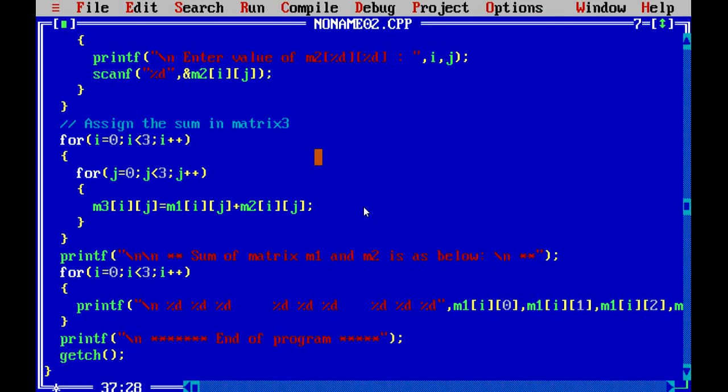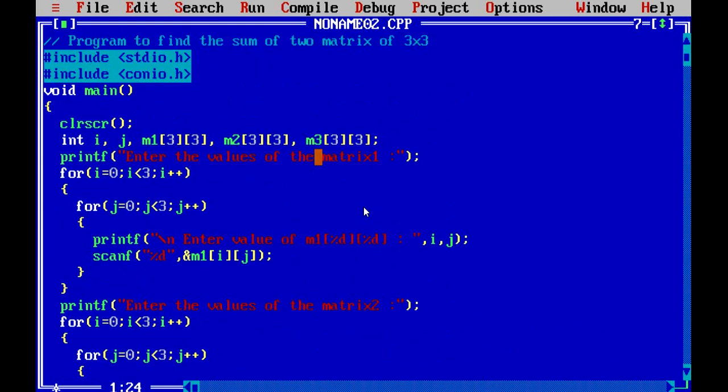So we have given these spaces and all. So this is how we can do the sum of two matrices.